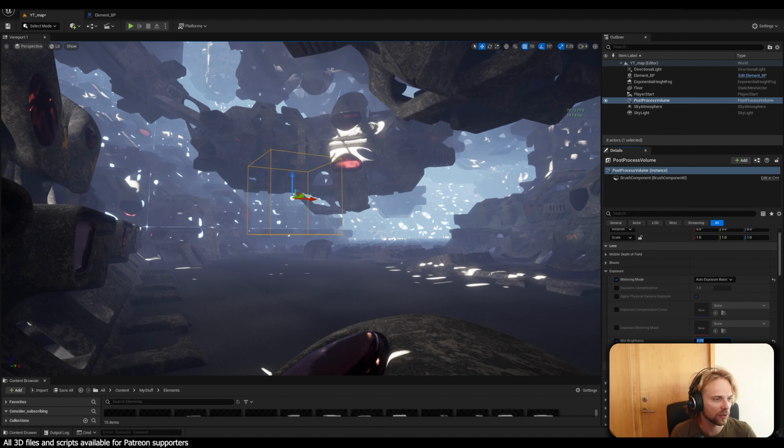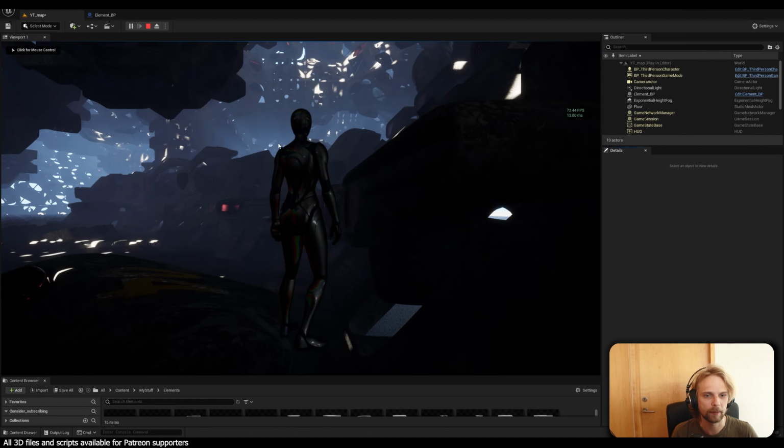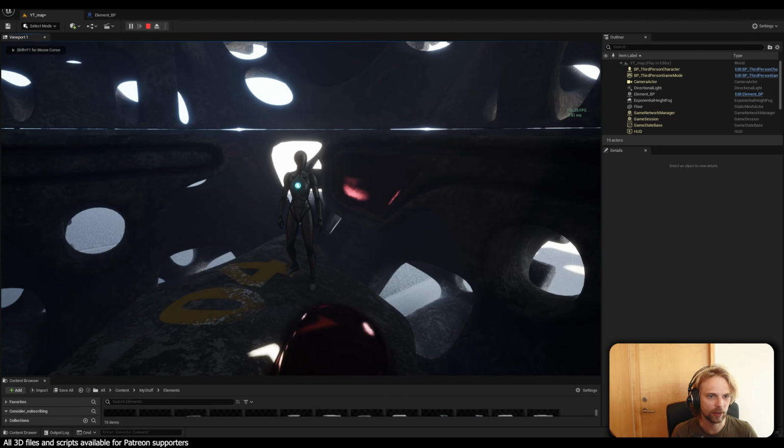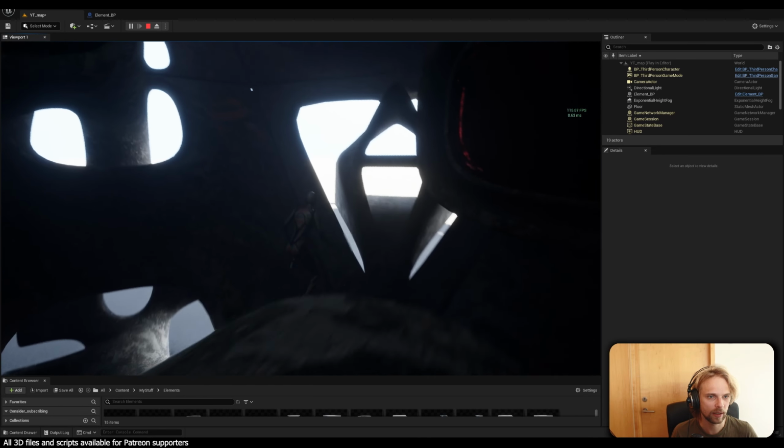Maximum brightness, we can keep the way it is. We don't really care for it. And speed up and speed down, this is how fast the eyes adjust to higher brightness and how fast they adjust to low brightness. So I'm just gonna double this because I don't like waiting too long for the camera to catch up. And now if I press play, you can see that it just lights up much faster. And if I look to the outside,